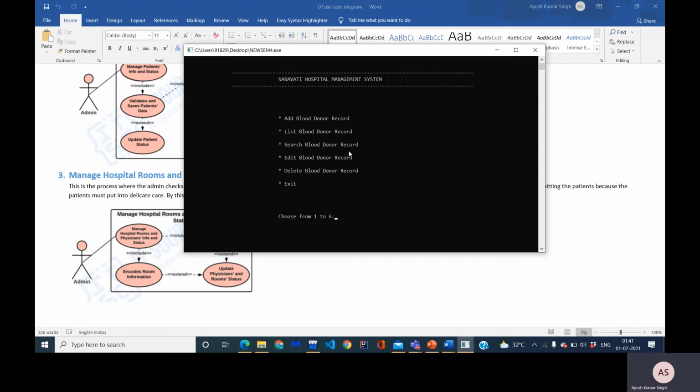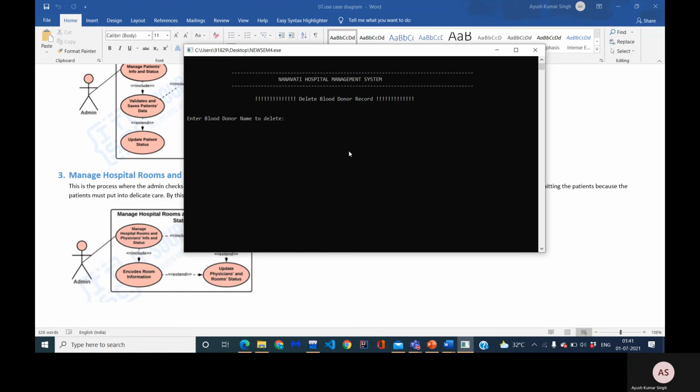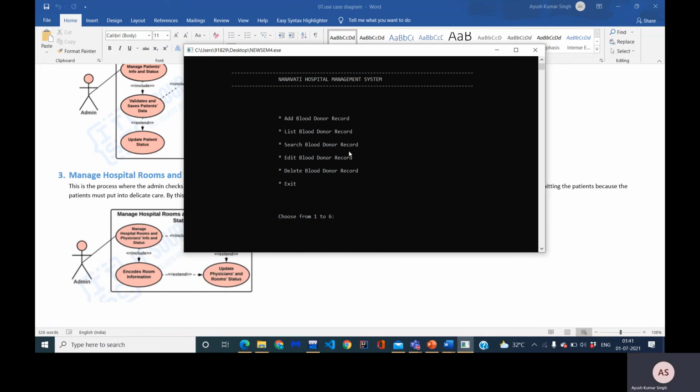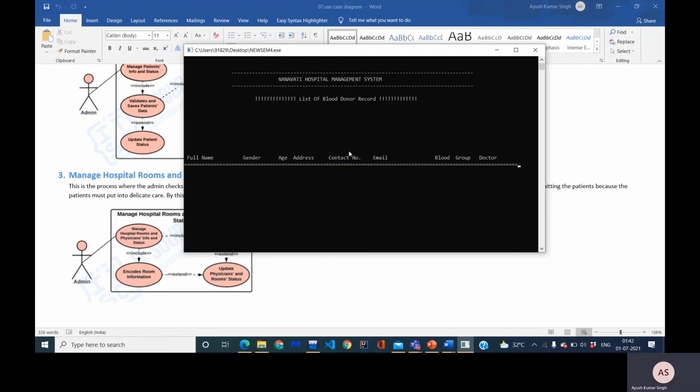Here, if I choose 5, the application is asking for the first name of the blood donor. And finally, the patient is deleted. And finally, if I want to check whether the person is deleted or not, I will put 2.